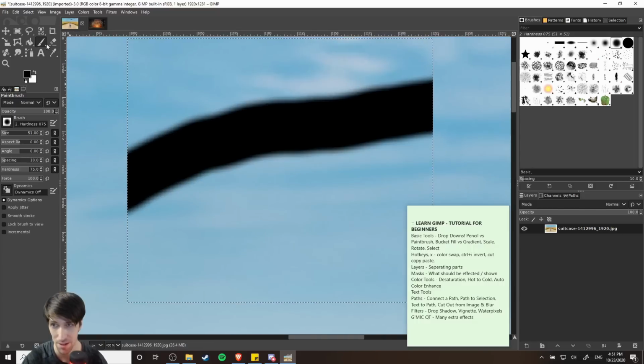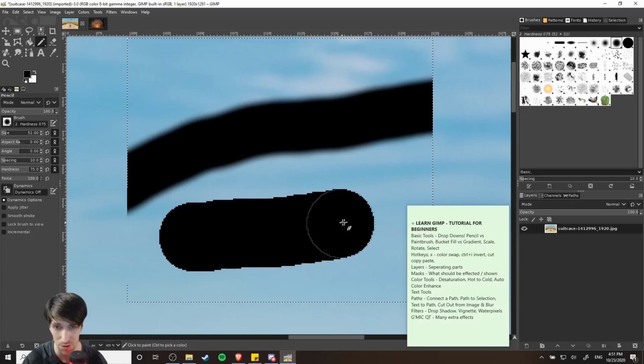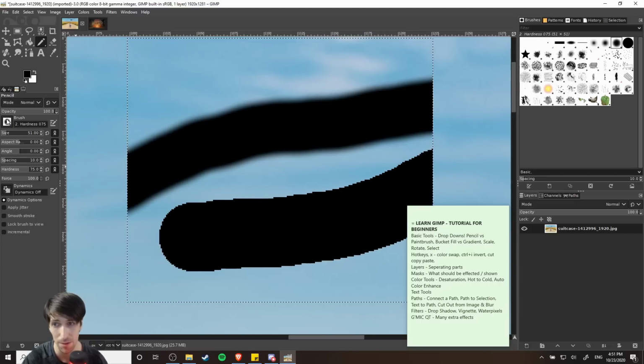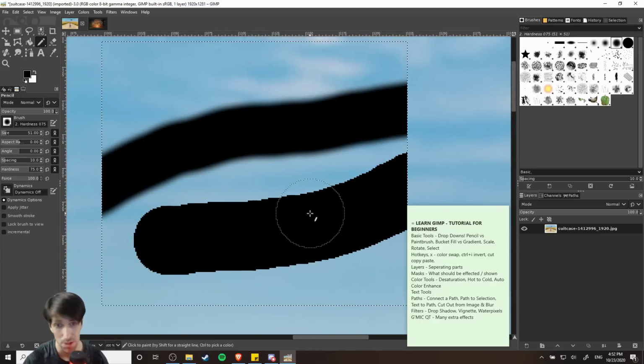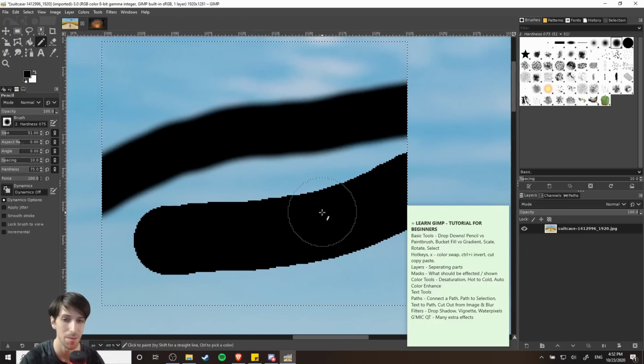To demonstrate that, let's switch back to pencil. So pencil, I'm just going to draw it over here. You can see it completely ignores the hardness of the brush. So there is no blurriness whatsoever as we get to the edges, but it's very pixelated, which in some cases might be good. If you happen to be working on pixel art, you'd probably want to use the pencil tool,